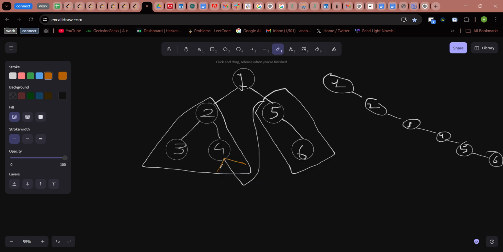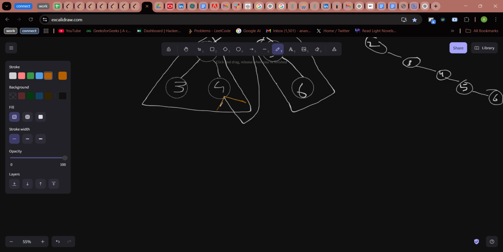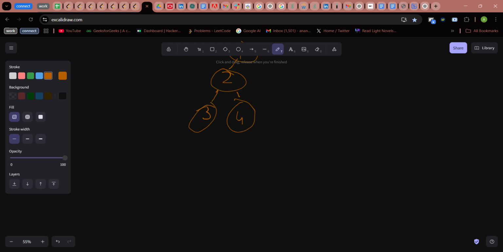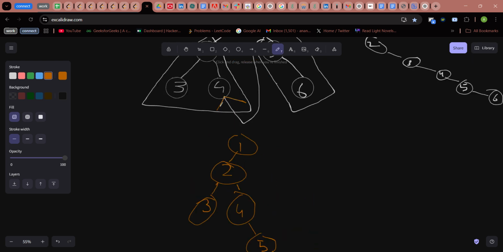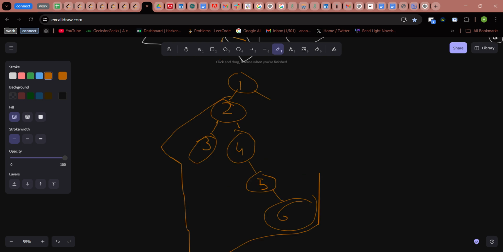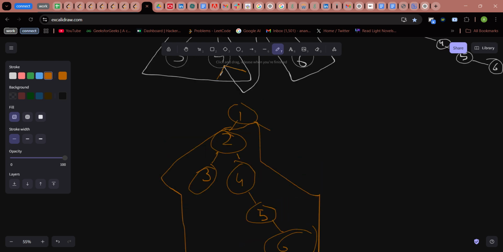So if I attach these nodes to my 4, it would look like 1, this 2, this 3, and somehow, let's say by some magic I was able to attach these 5 and 6 here, and now I don't have anything here. And then after attaching my 5 and 6, I will just go here and attach this 2 to my 1,